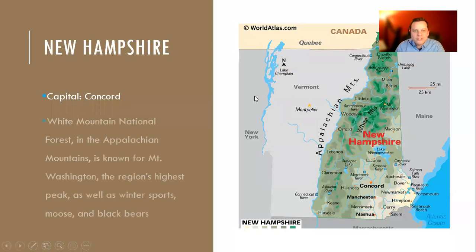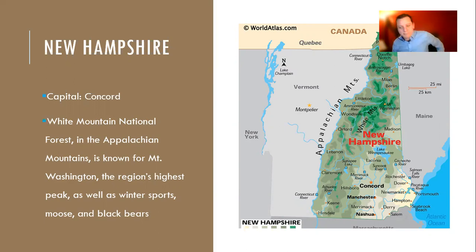So here's New Hampshire. You can see the White Mountain National Forest, there's the White Mountains here. It's actually part of the larger mountain chain called the Appalachian Mountains. And yesterday in class, I told you that the Appalachians are really big. I said yesterday, I thought they went to Tennessee. They even go further than that. They go down to Alabama. So they start in Alabama and they go way up and they end in Newfoundland. So it's really big. So to make it easier to study, we break it down into little sections.